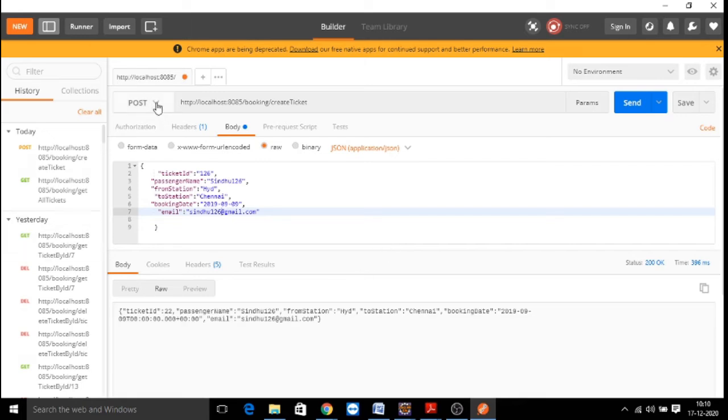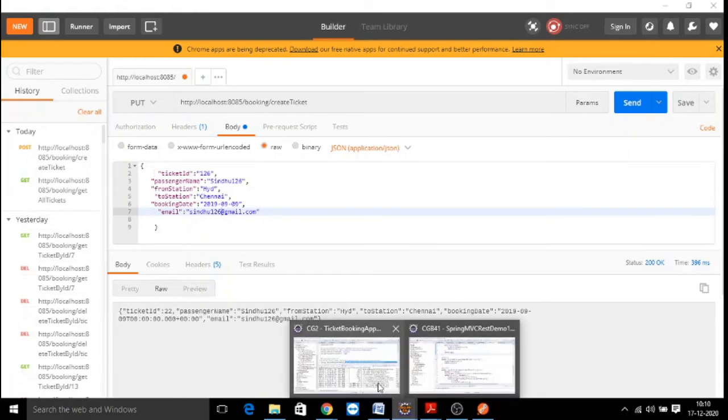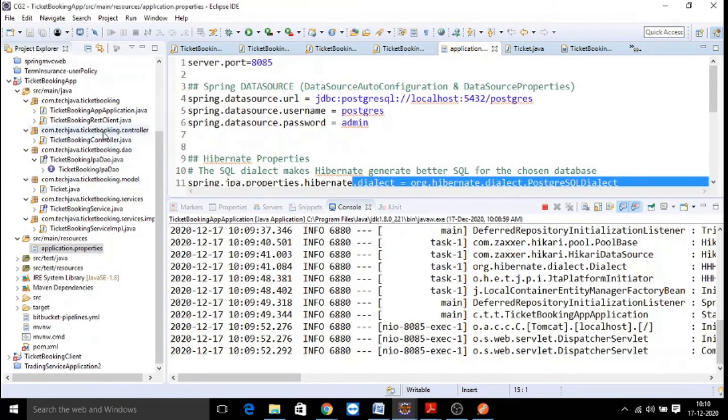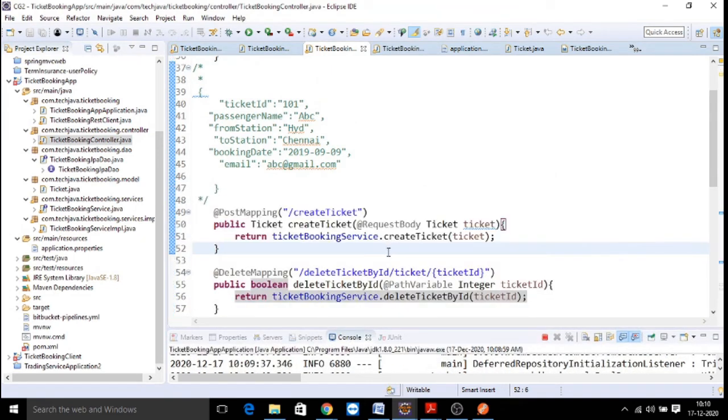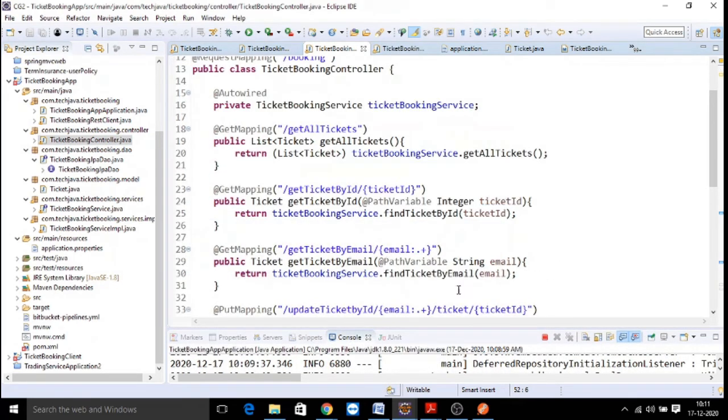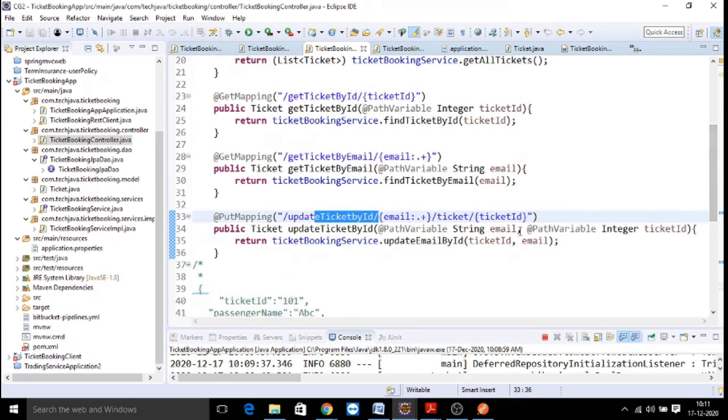If any update is needed, go for a put request, and for update you just check the URL. The URL for the put request is update ticket by ID. First you give your email and then you give a ticket ID. So update ticket by ID.